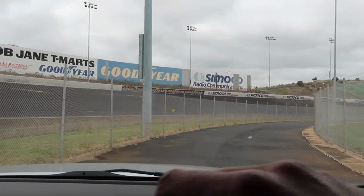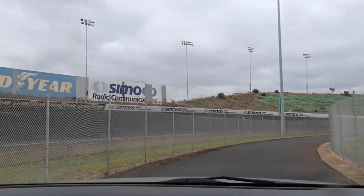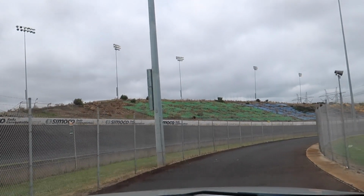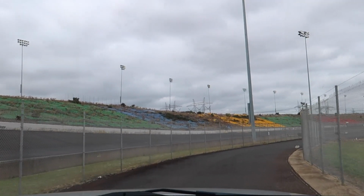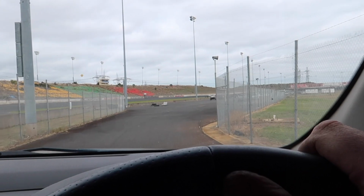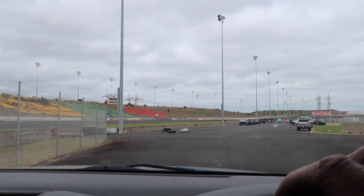We have arrived, ladies and gentlemen. So freaking keen for this. I love how run down this place is. I really feel like at any given moment zombies could just climb over these hills and start eating us. It's super apocalyptic here, but that means that we're allowed to drift here, and it's a very fun track